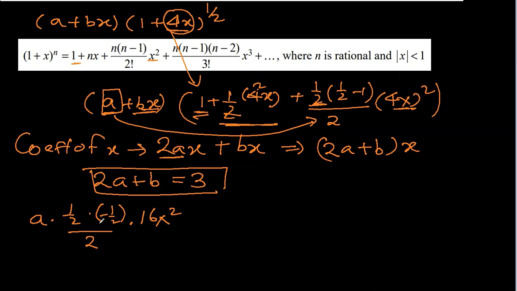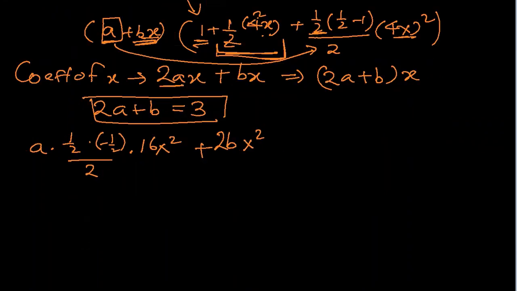So we'll simplify it later. This is the x square. What else will give us x square? bx multiplies with just x, this one will give us x square. x multiplied by x is x square. No one else will give us x square. So b multiplies with 2x. So 2bx square will be